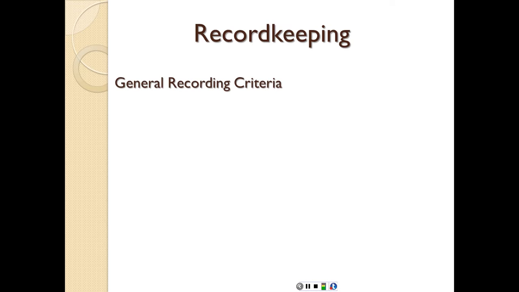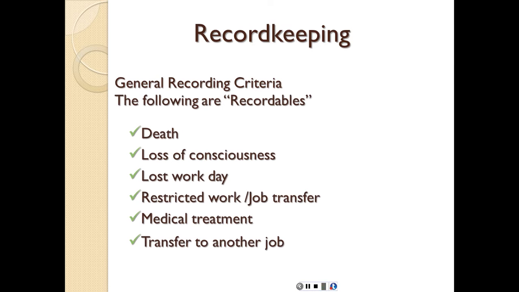Some general record keeping criteria. The following are recordables. Remember that not all incidents are recordable. What you're going to put on the form are recordable incidents only. So samples of these recordables include death, that's definitely a recordable, loss of consciousness because it might lead to a